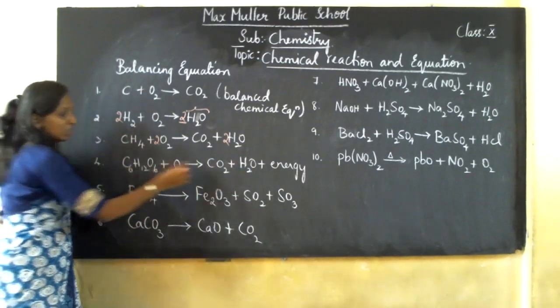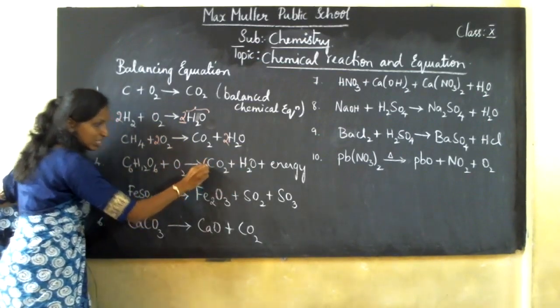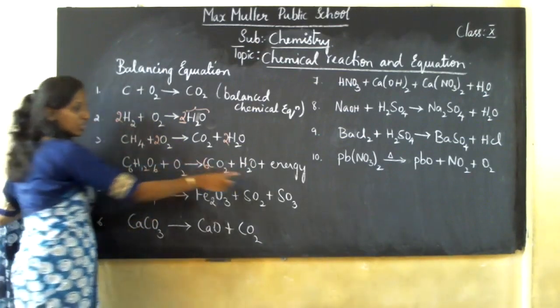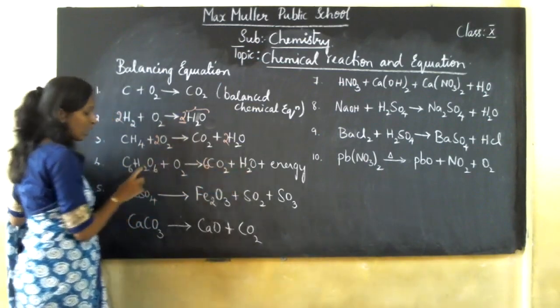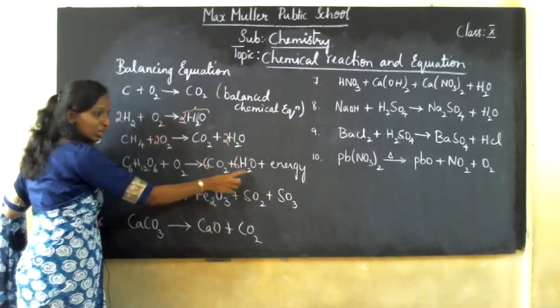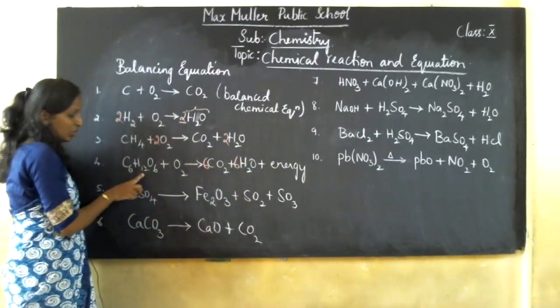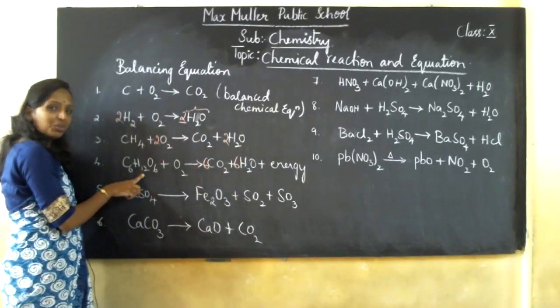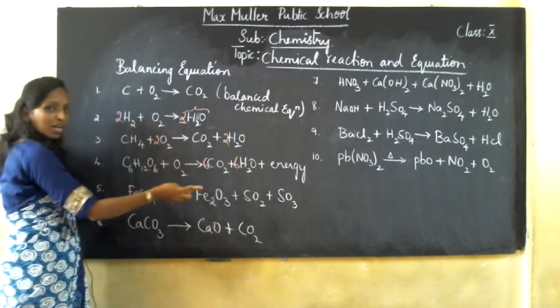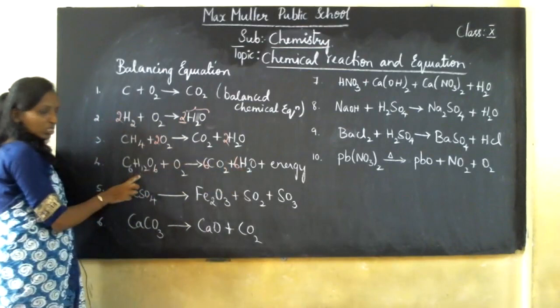Carbon is 6. Carbon is 6 only. No. So let me take 6. Carbon became 6. Now hydrogen is 12. For 6, what do you multiply to become 12? 2, correct? For 2, what do you multiply to become 12? Hydrogen, you require 12, because in the reactant you have 12. So for hydrogen 2, if I multiply by 6, it becomes 12. Hydrogen is 12. Hydrogen is 12.